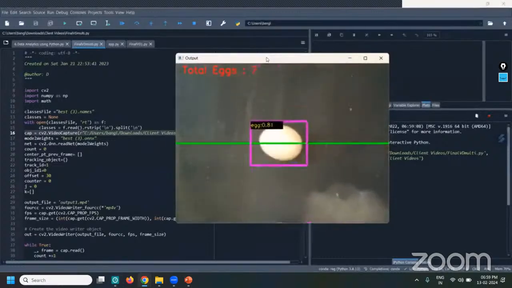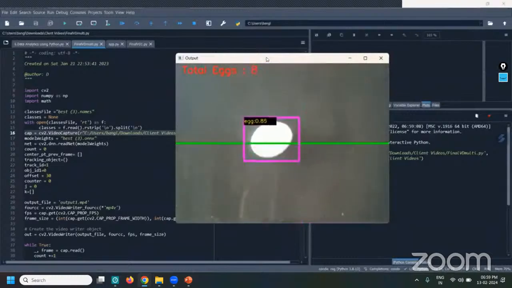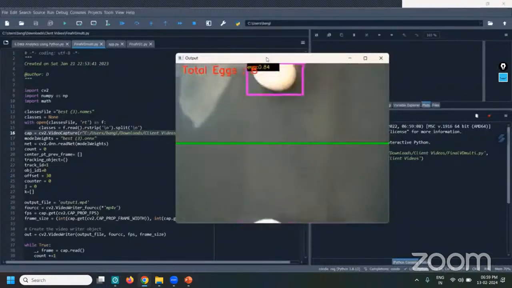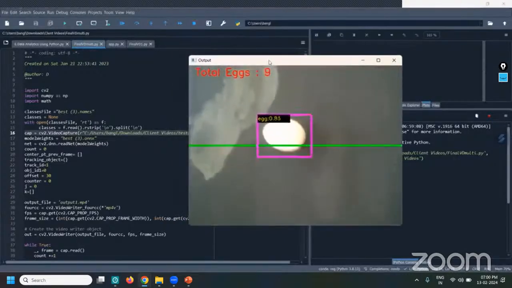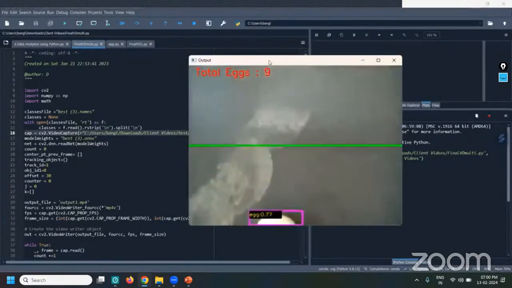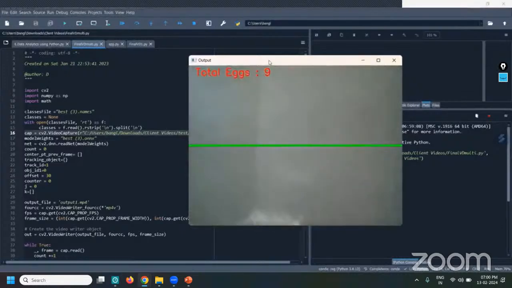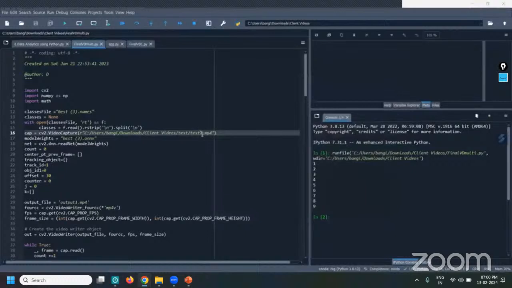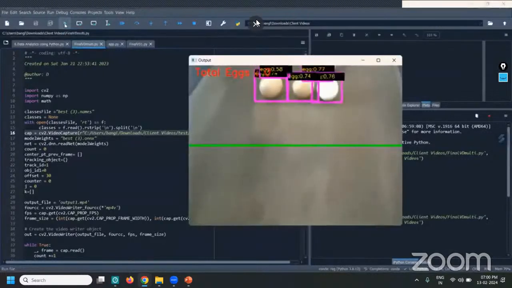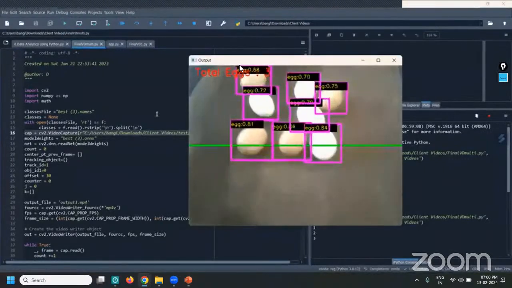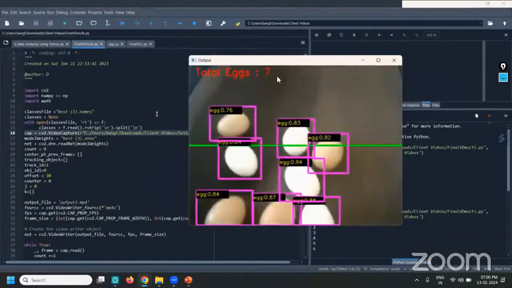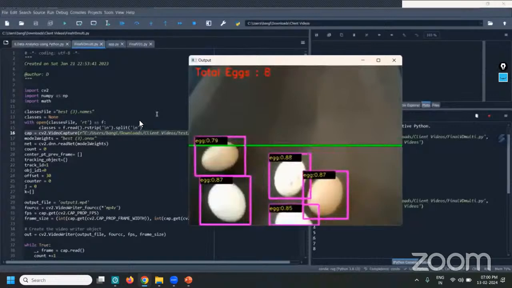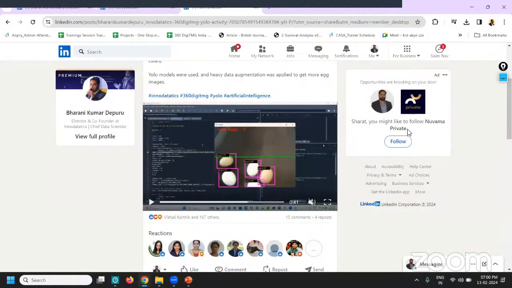The eggs, right, are something which are very sensitive. So humans basically handle these eggs. They take the eggs from the conveyor belt and put them in the right boxes, the assembling boxes. Human handling errors could happen, and we tend to make a lot of mistakes with respect to observing the cracks and all those things, the color grading of the eggs. So the solution that we have built is basically to ensure, right, the grading happens and the counting also happens. All right. So this is something that is implemented as one of the many projects that we have.